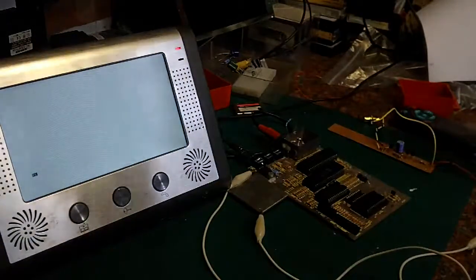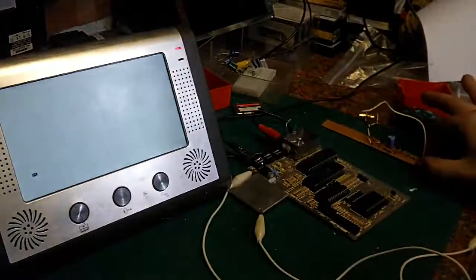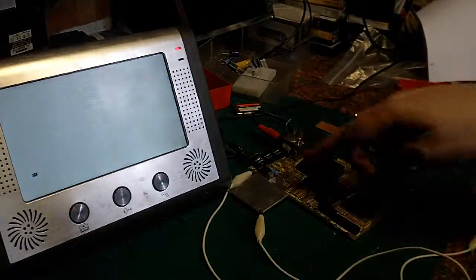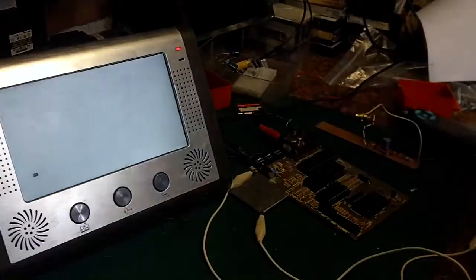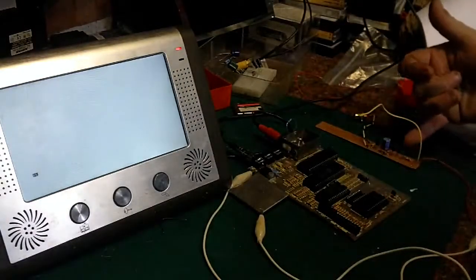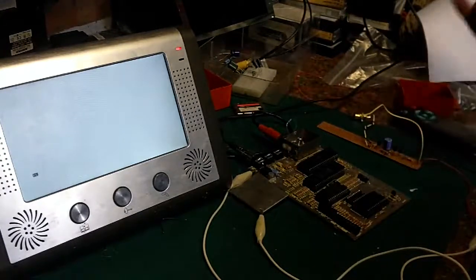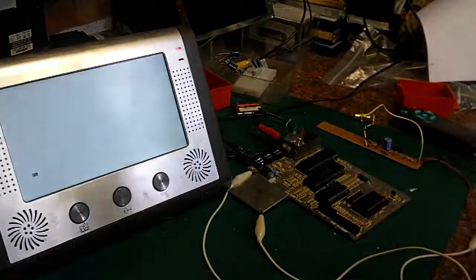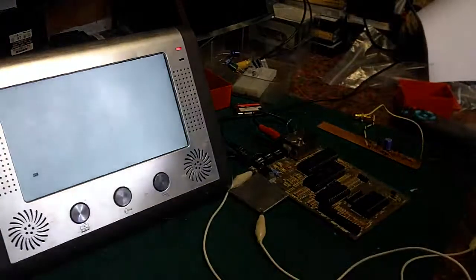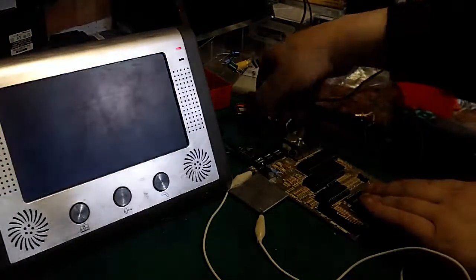Basically, I've just lashed this up now. It's parasiting its power currently from the 5 volts of the ZX81 here. It's not really an issue because it's not going to be drawing much current. You've got basically just 3 transistors and some passive components there. It's really not going to be pulling a lot of current from the 7805, so I've no worry about doing this. But if we disconnect the video signal from there